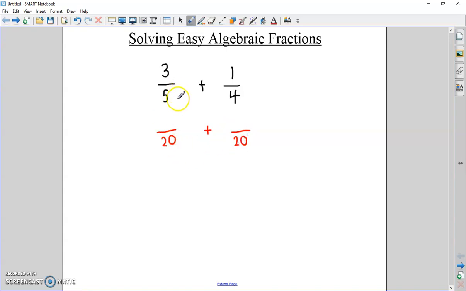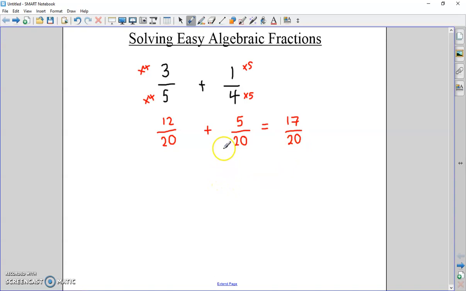Then you go back to your fraction and you say, how do I make it 20? Times by 4 on the bottom makes 20. Whatever you do to the bottom, you do to the top. Times by 4, that makes 12. How do you make this one 20? You times by 5. Do the same to the top. Times by 5. Add them together, and the rule then is that you add the tops and you leave the